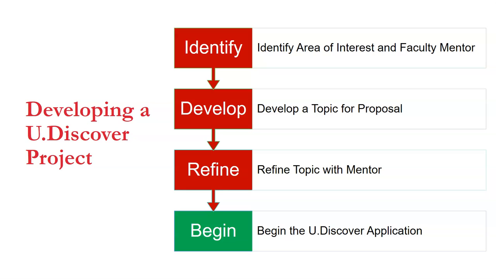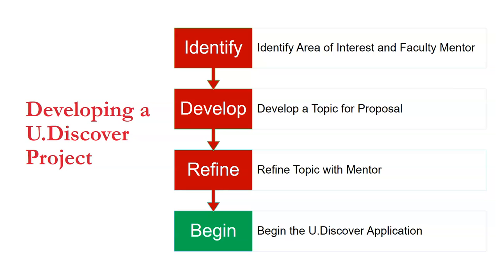Now, depending on your discipline, some people may already be conducting research with someone or working with a faculty mentor closely. And so you have something in mind or an area of interest. And so then you need to work more on the topic and the specific topic for your proposal. However, some students, if you are not working with someone and you have an area of interest, what you would want to do is make sure that you're clear on that area and then approach a faculty member and ask them if they would be willing to support your application.